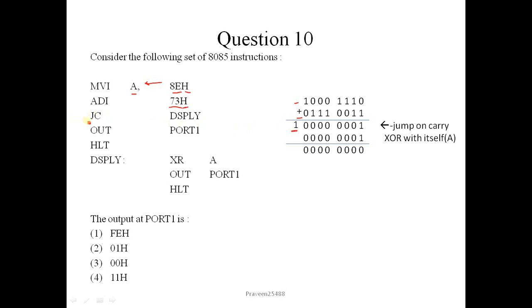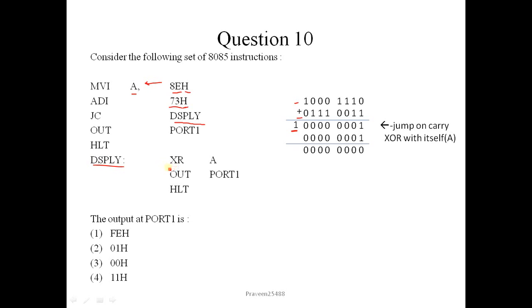The next instruction is JC, which is jump on carry, and DISPLAY here represents the address of some instruction. Here we observe that carry is generated, so our program will jump to this DISPLAY.